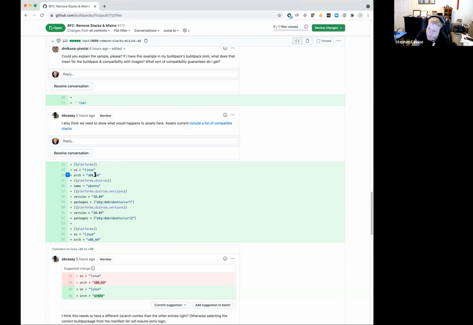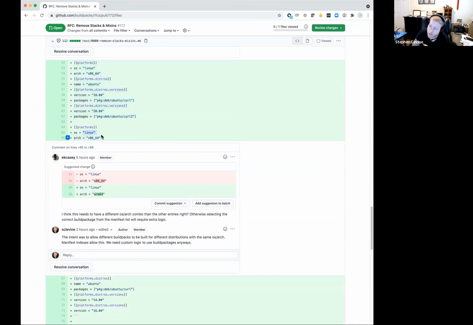These are mandatory, right? Optionally below that, this creates a single image. This image is compatible with Ubuntu, and in the case of 18.04, requiring these packages in the build image, and 20.04, requiring these packages in the base image. But this is just one image that gets created.